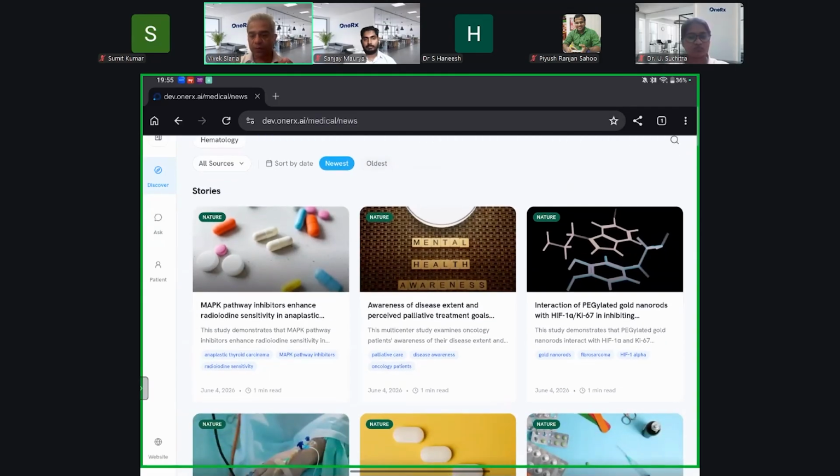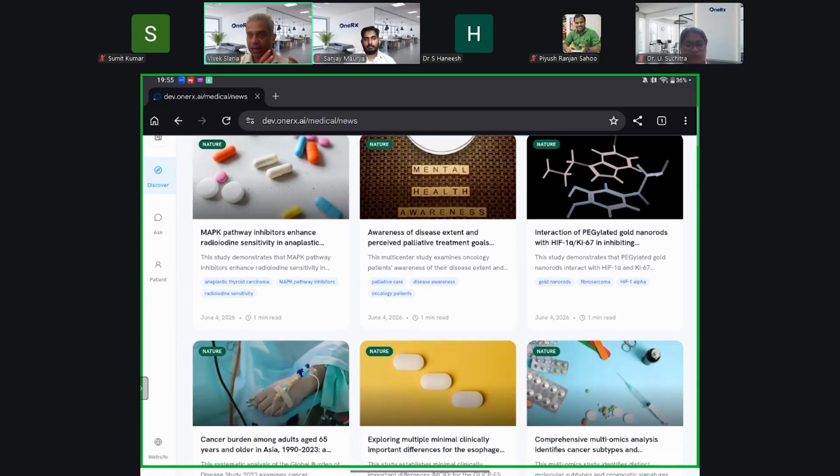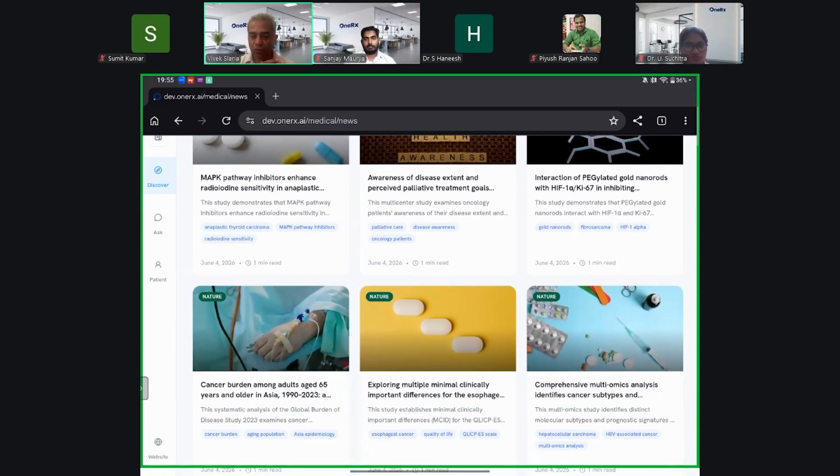So what you will be able to see over here are any molecules, any changes that FDA makes, almost the next day. And as it comes over here, that particular element can start factoring into your line of therapy the moment you start querying for it. So if FDA makes any drug changes, if FDA approves any new drug, for example, or any new regimen, it starts coming into your Ask section.